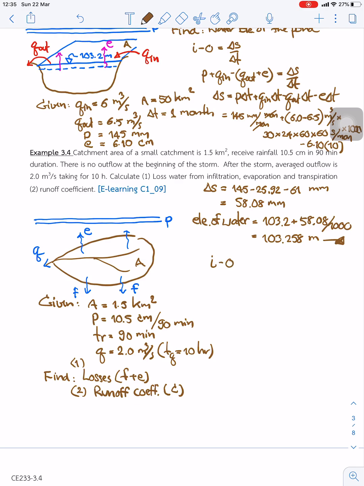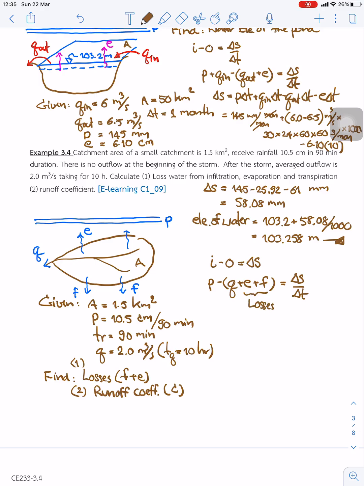Inflow subtract outflow is equal to the change of storage. In this case, the inflow is rainfall, and the outflow is the Q runoff, plus the evaporation plus the infiltration. Okay, next we consider this part as the loss